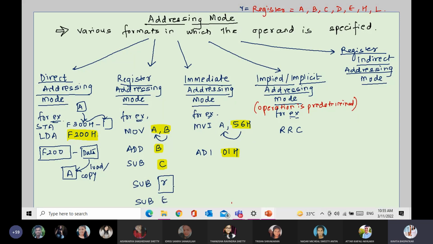तो यहाँ पे R vary होगा, बट वैसे RRC का नहीं है। RRC के यहाँ पे कुछ भी operand नहीं लिखा है, ये सिर्फ और सिर्फ accumulator में ही एग्जीक्यूट होगा। तो ये फिक्स्ड है। यहाँ पे ऑपरेशन फिक्स्ड होते हैं, वेरी नहीं हो सकते हैं।